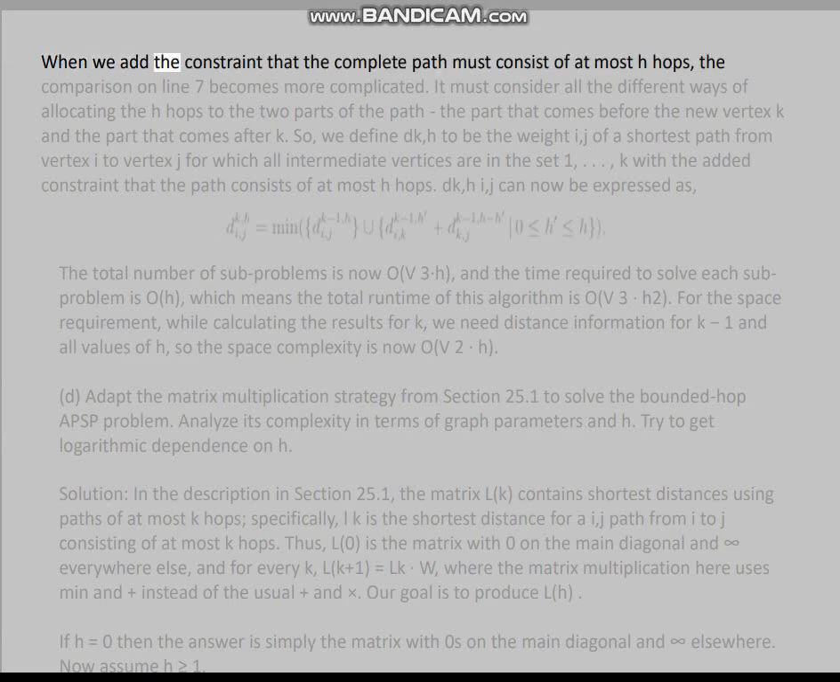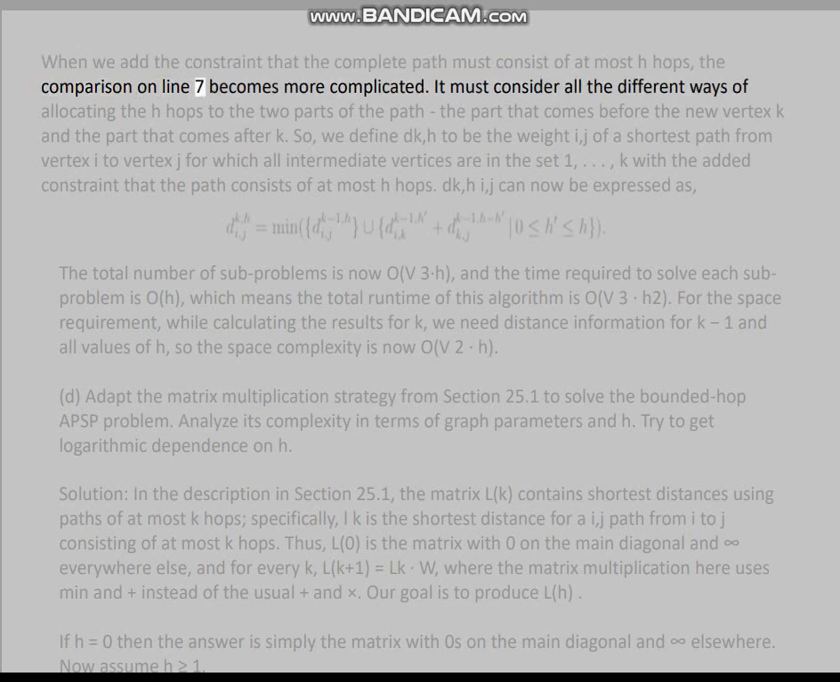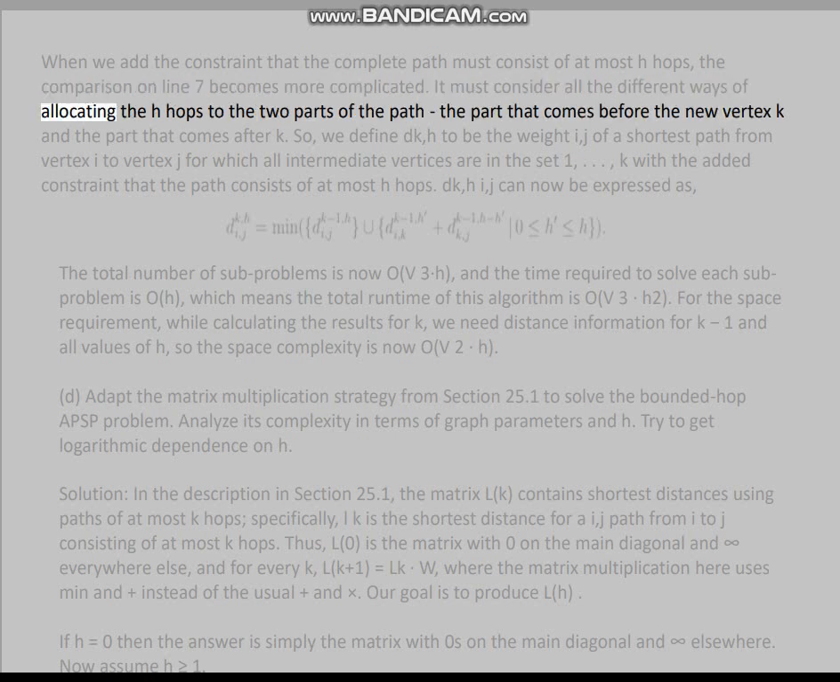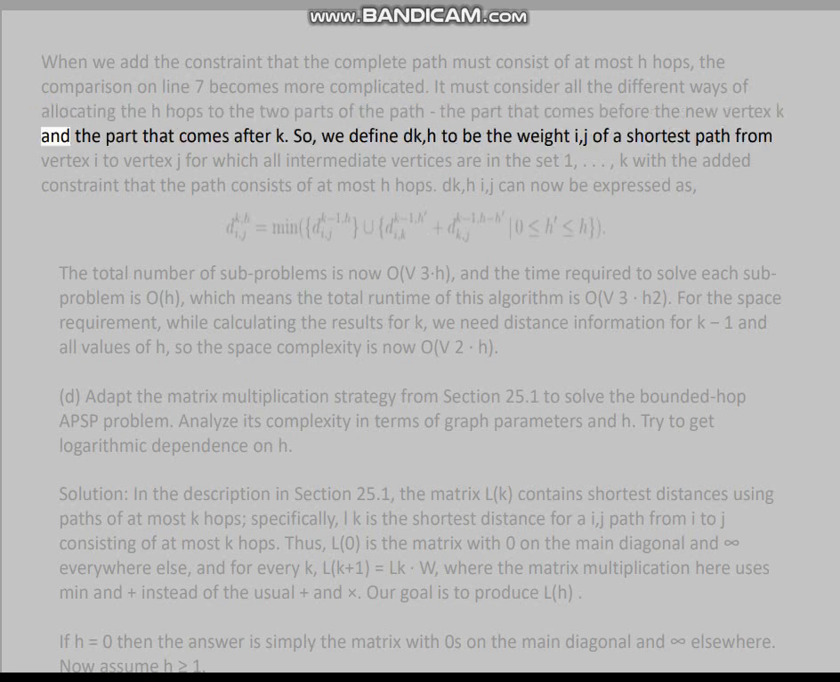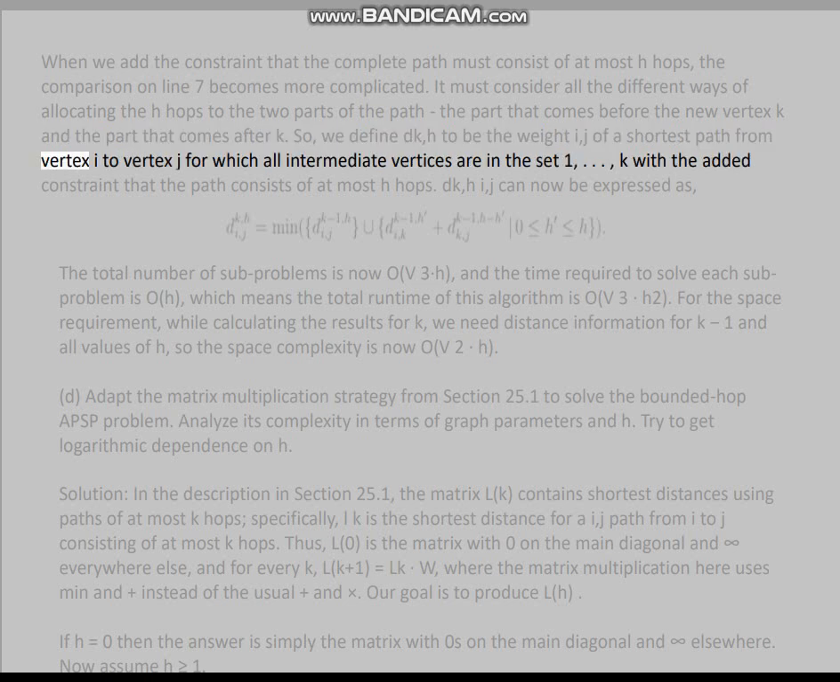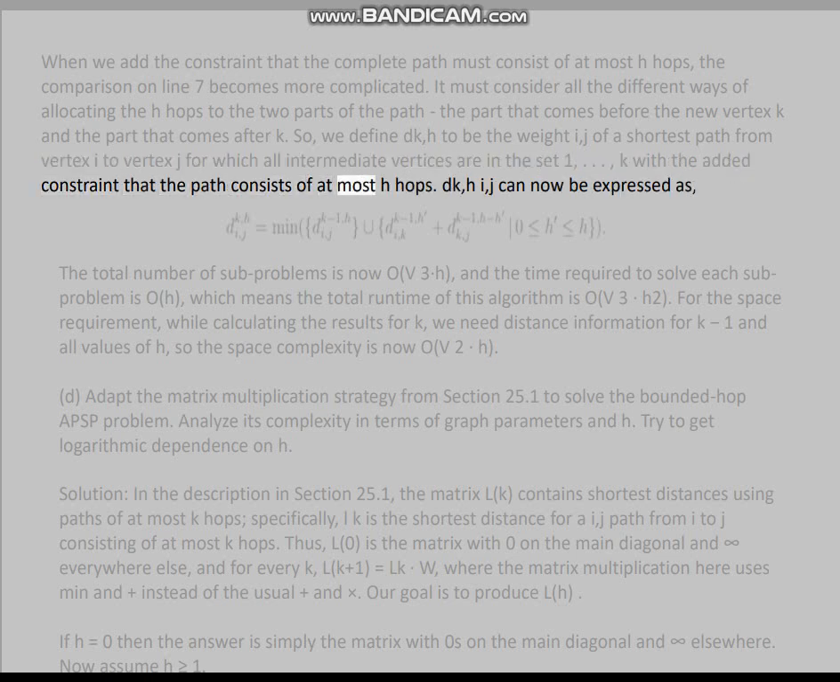When we add the constraint that the complete path must consist of at most h hops, the comparison on line 7 becomes more complicated. It must consider all the different ways of allocating the h hops to the two parts of the path, the part that comes before the new vertex k and the part that comes after k. So, we define d_k^h(i, j) to be the weight of a shortest path from vertex i to vertex j for which all intermediate vertices are in the set {1, ..., k}, with the added constraint that the path consists of at most h hops. d_k^h(i, j) can now be expressed as